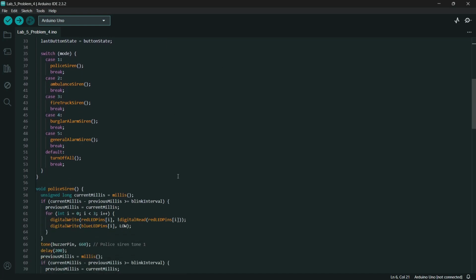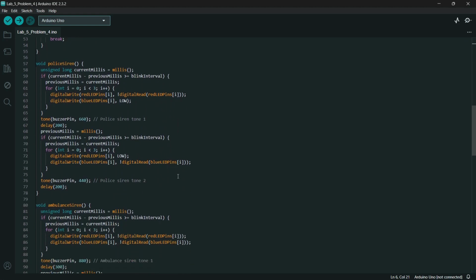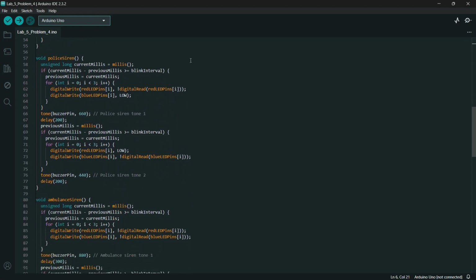Now, for the sirens' functionality. The police siren alternates red and blue LEDs quickly to simulate police lights. It also uses two different tones, one at 660 Hz and one at a lower frequency, 440 Hz, for the siren sound.